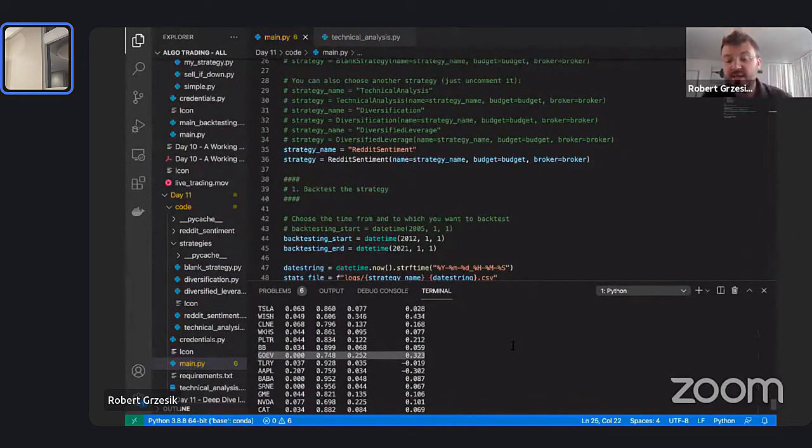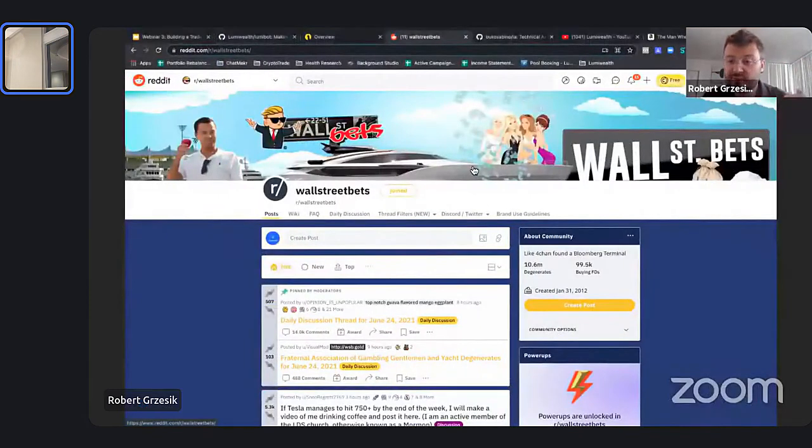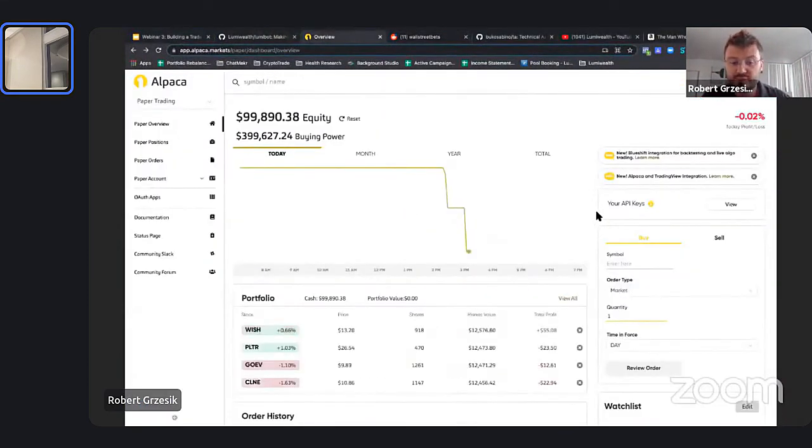But in either case, what it did is automatically read all that kind of stuff and then bought the top ones for you, right? So let's take a look here. Boom. These are all the top stocks on Wall Street Bets, right? It will automatically hold on to these and read these comments throughout the day and throughout the week. So you could have this running on a server, or on a computer. It will automatically buy, in this case, the top 4 stocks that are talked about on Wall Street Bets. Not only the ones that are most popular, but also the ones that people have the best sentiment for, that people say they really like.